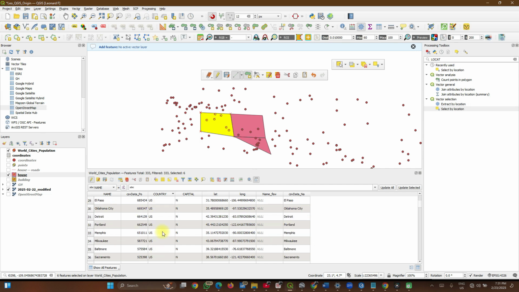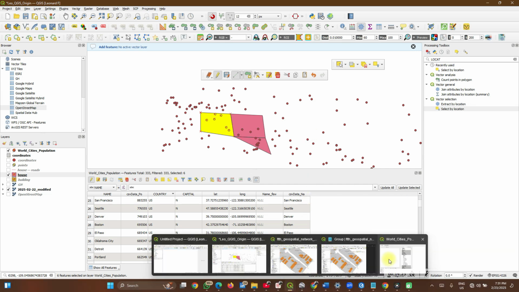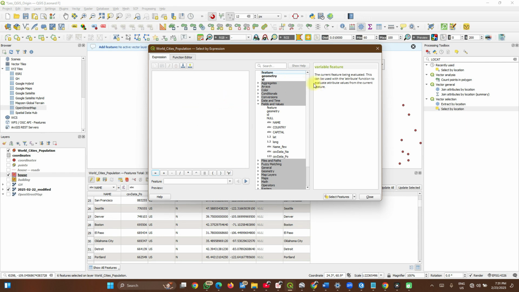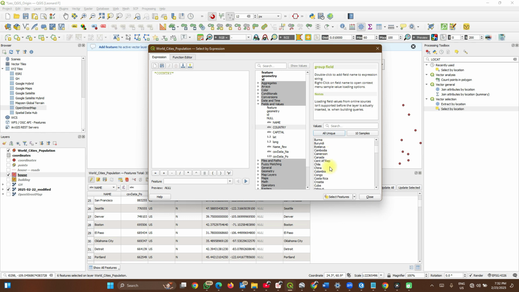So let's select all the cities that are within US. And if you don't have your US polygon here, no problem with that. You click on your country. So we are selecting features where country, double click. You could use your all unique here. I like to use that because you can always type too. Just remember to put it in double quotes and equal to another double quotes